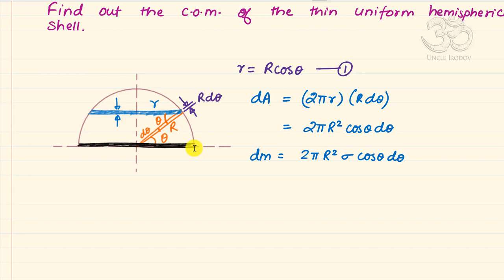And when theta is 90 degrees, I'm going to talk about a very small red colored ring at the top, that ring. In fact, it will not even be that, it will be just a point if theta becomes 90. But the interesting thing to note is, if this theta goes from 0 to 90 degrees, I'm going to take into account all such rings. So that helps me with the limits of integration here.